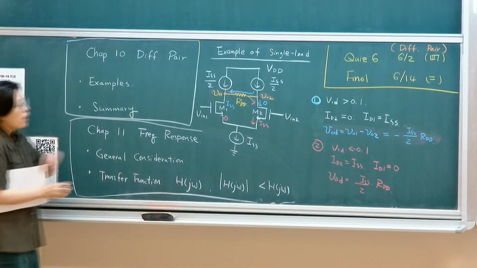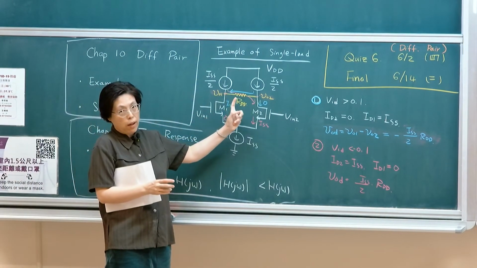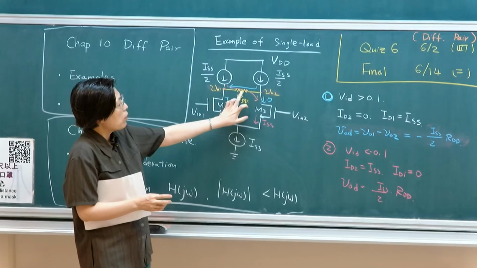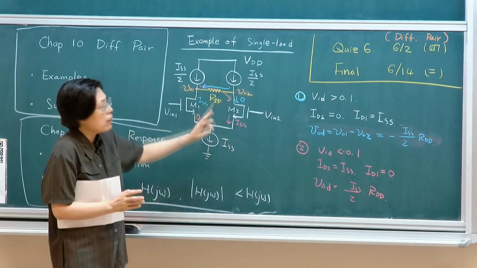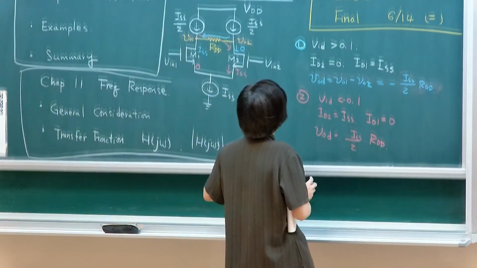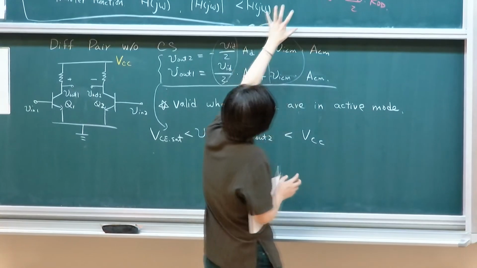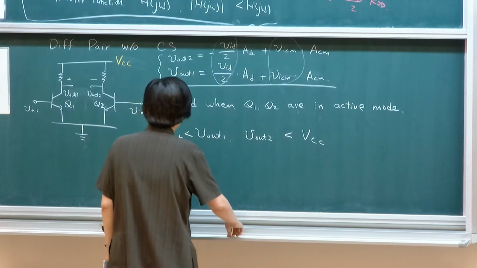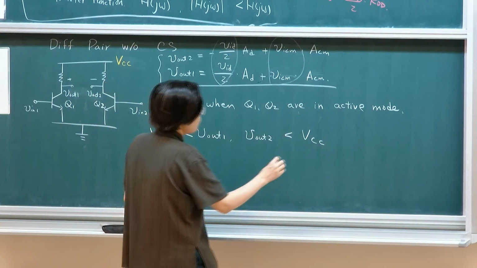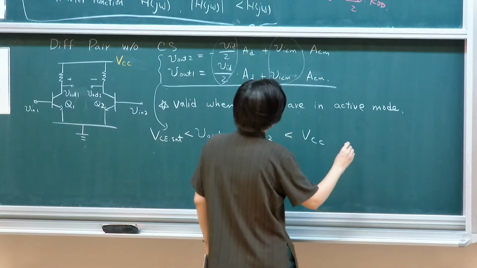So this will then allow us to use only one resistor. Therefore, your virtual ground would be half of RDD. So it's equivalent, if you want to think about it, this is the large signal range. If you want to look at it as an equivalent circuit, its equivalent circuit will be,